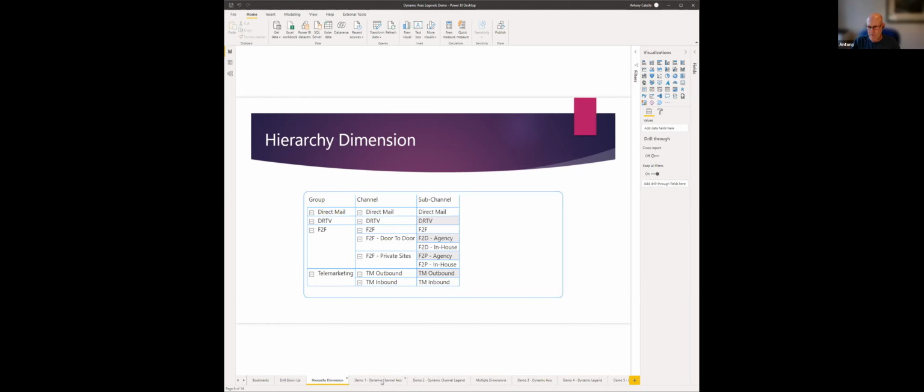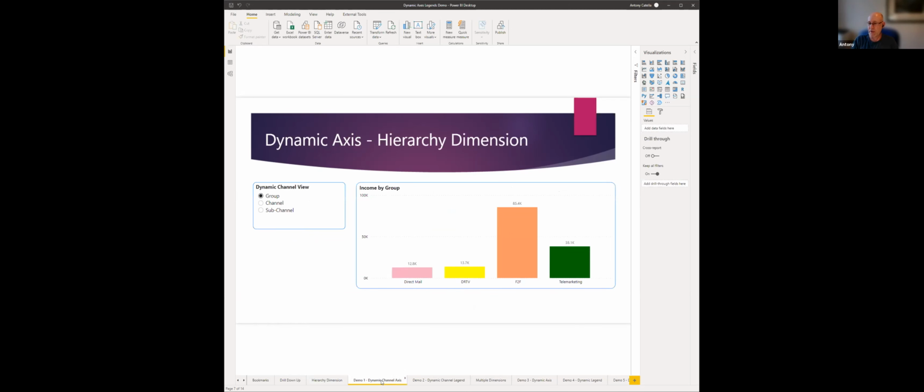If I look at the first option that I had, which was a visual where you've just got the dimension on the x-axis, I'll show you what the visuals looked like, how I interacted with them, and I'll go through the process of actually building them as well to help people. In this particular instance I had the slicer on the left-hand side here, because I want to switch between the different levels of the hierarchy. And then I've got a visual here where I've got those